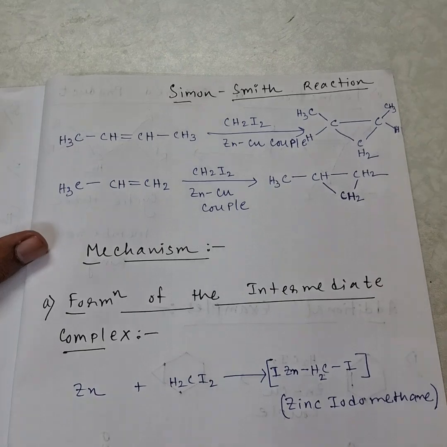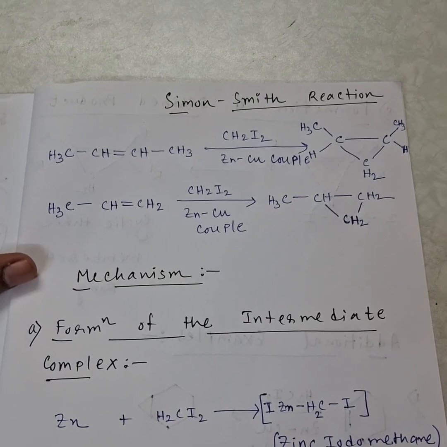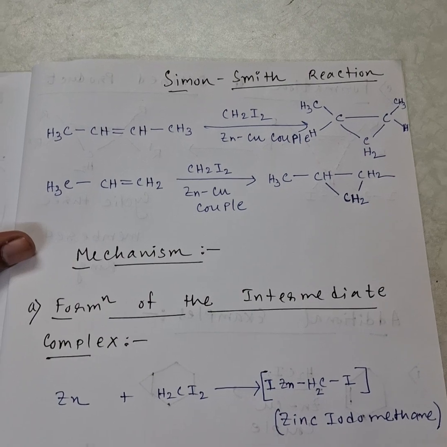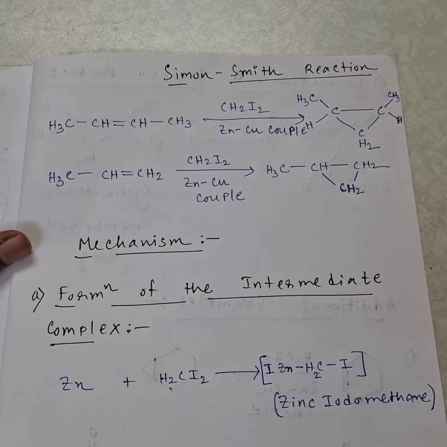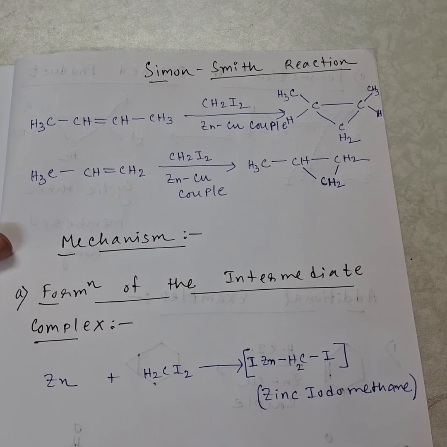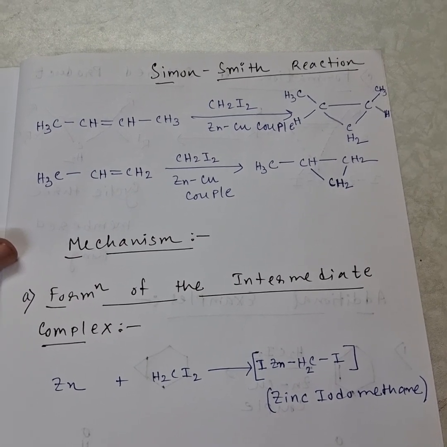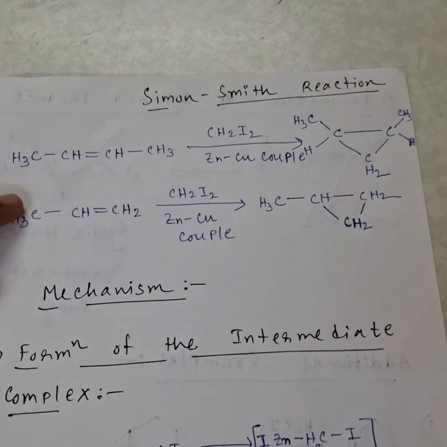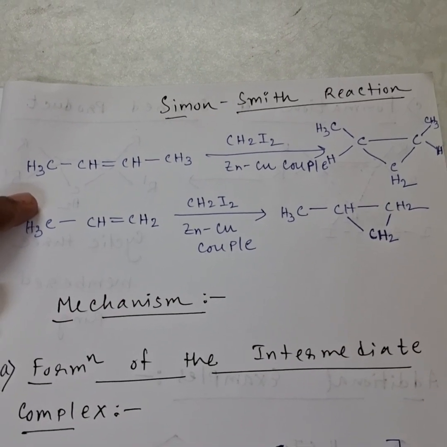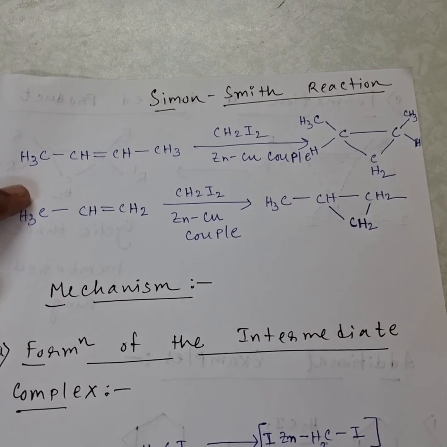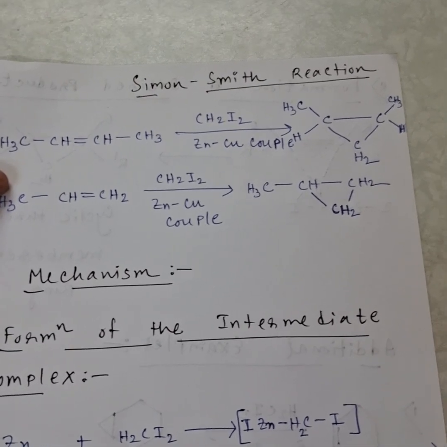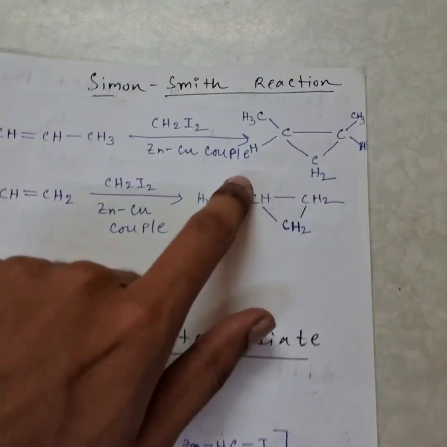So today in this video I have shown you another popular name reaction, the Simmons-Smith reaction. It is mainly used for the preparation of cyclopropane and its derivatives from alkenes. You can see here I have chosen two alkenes on which, if we treat them with diiodomethane in the presence of a zinc-copper couple, it will give us this type of